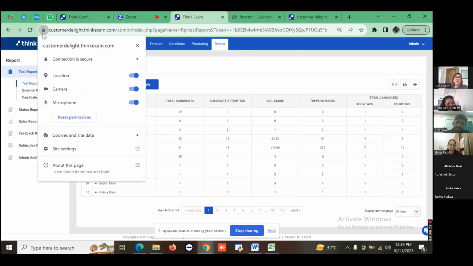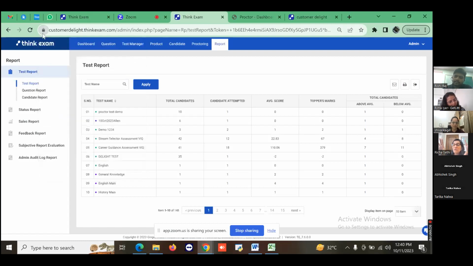Okay. With a Windows laptop or a desktop it will automatically pop up, so the candidate doesn't face any such issues. With Windows it is very much compatible. And the internet should be good with this proctoring, because if the video is not getting recorded, then the test will get stopped, and the candidate will be unable to give the test. Okay. Now the second question is that consistently there are people who are using Lenovo devices, which are